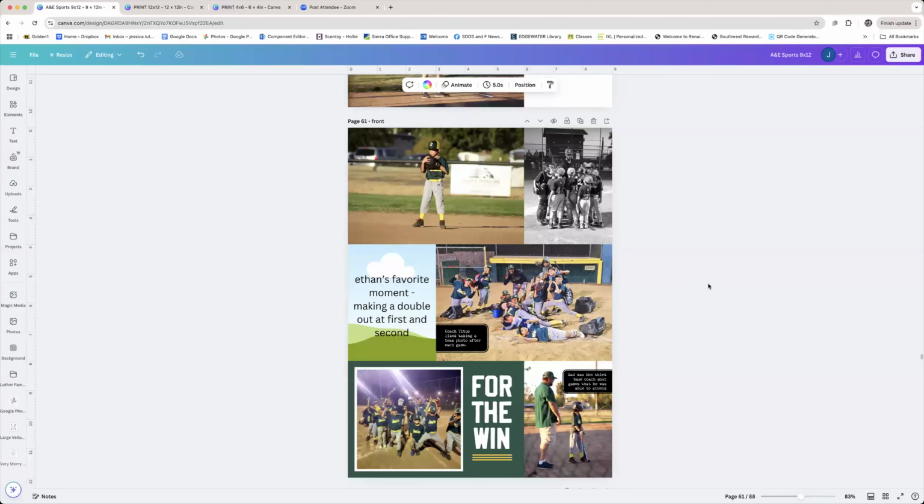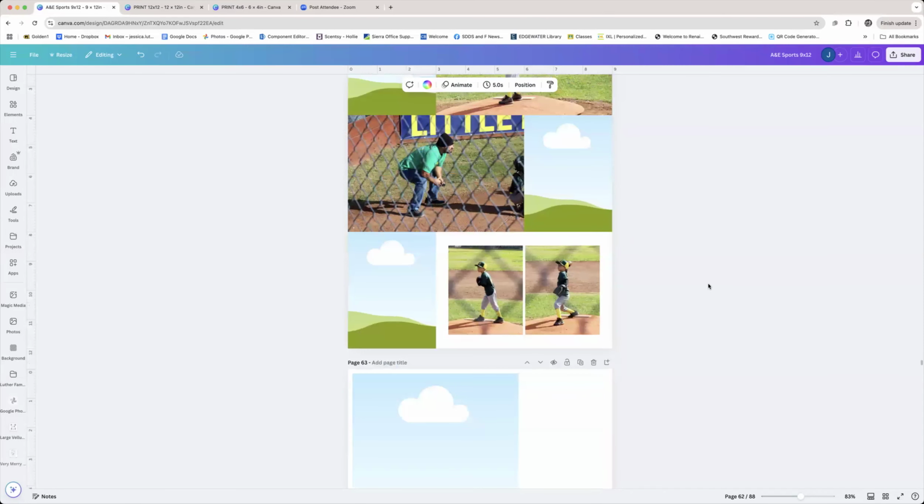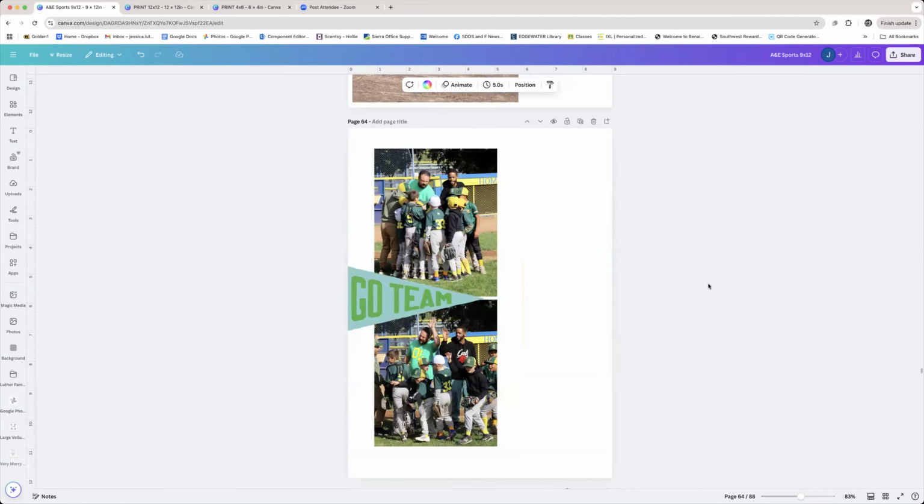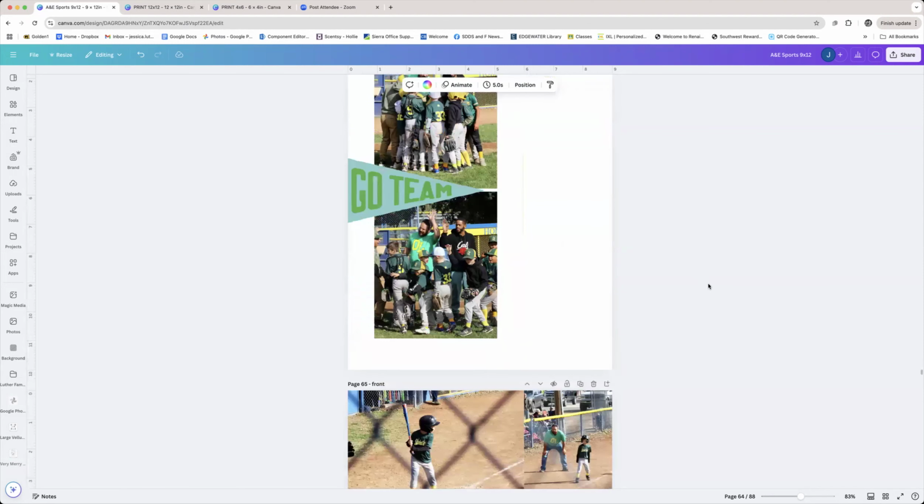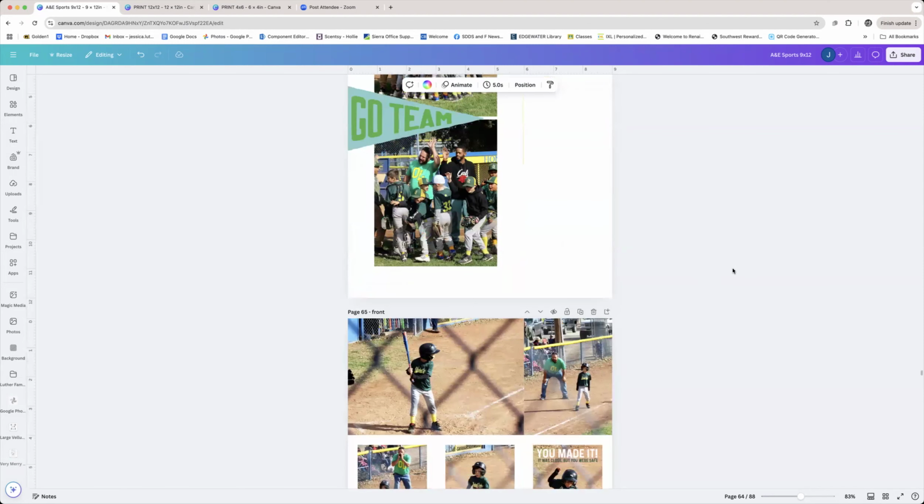I just throw my idea on here, and then I come in whenever I have a chance and I make something happen. So if you have any questions about my process or any of the things that I pointed out here, please let me know. I would love to hear what your process is. Did any of this help you? Do you do something similar? Do you do something completely different?